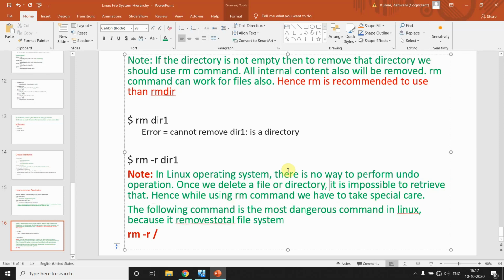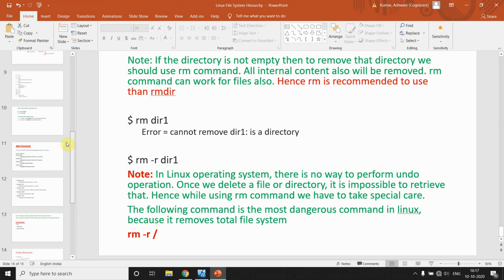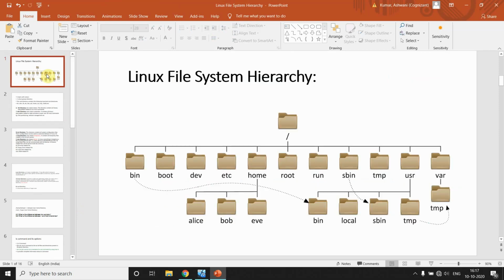Why is it saying take special care? Because the following command is the most dangerous command in the Linux operating system. rm -r, let me give a space here, and then the total file system. Why? If you remember, in some previous video we already saw this hierarchy of the file system.